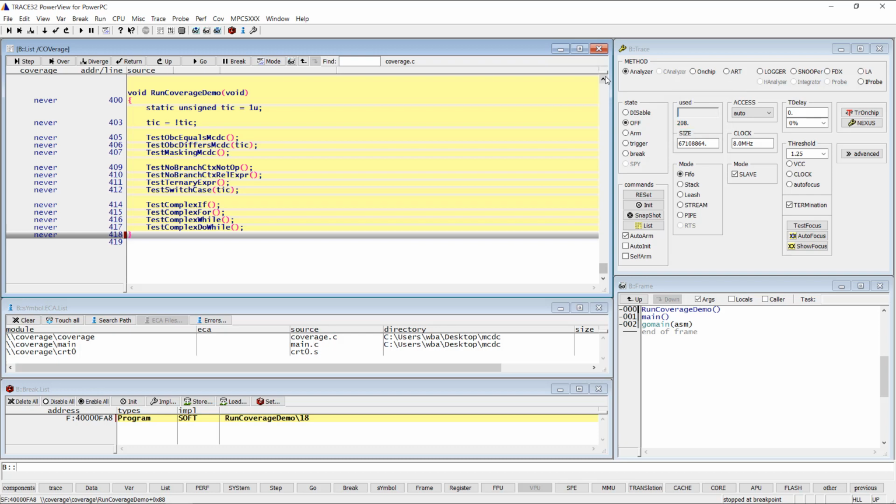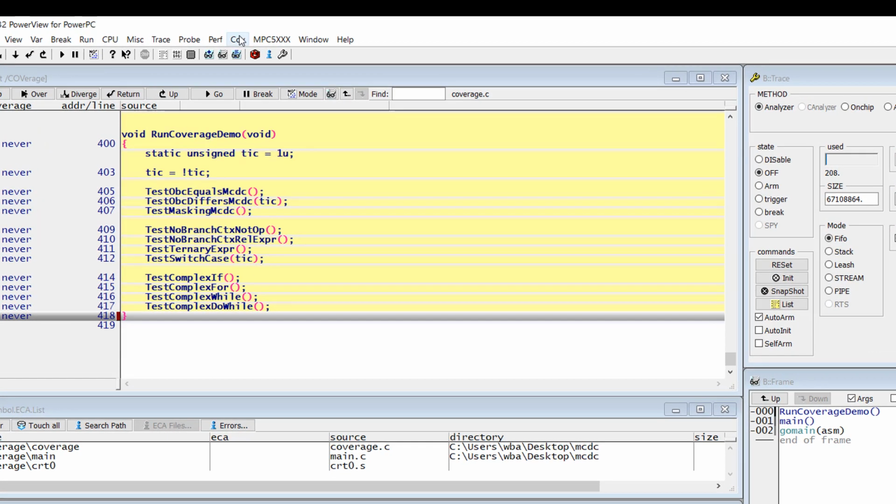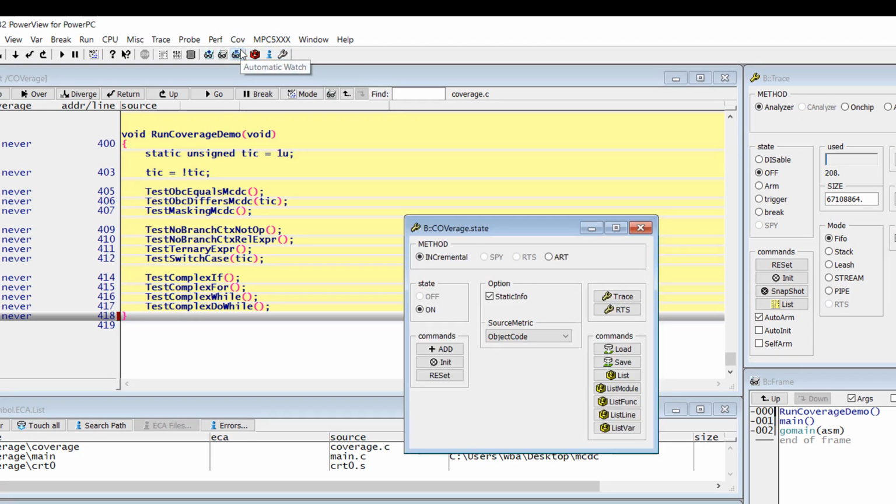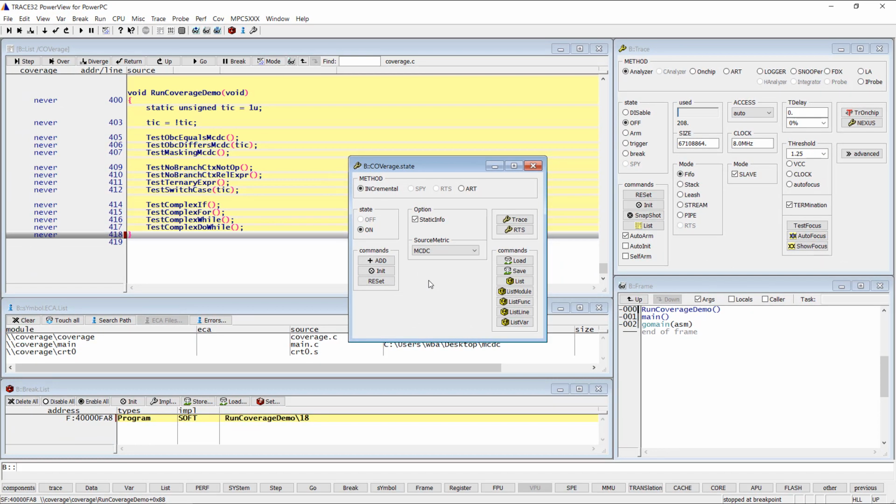I will then open the CAD coverage configuration window by selecting the Trace32 menu CAV, then Configuration. The MCDC CAD coverage criteria must be selected using the source metric pull-down menu from the coverage configuration window.